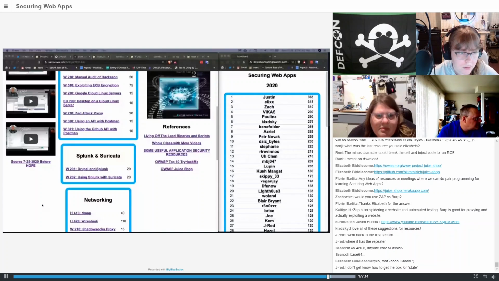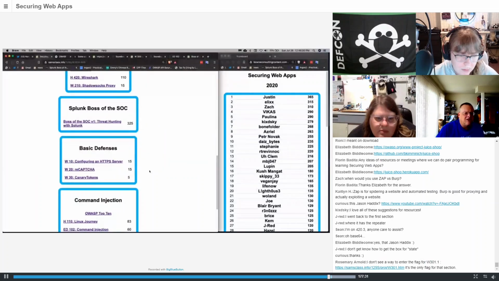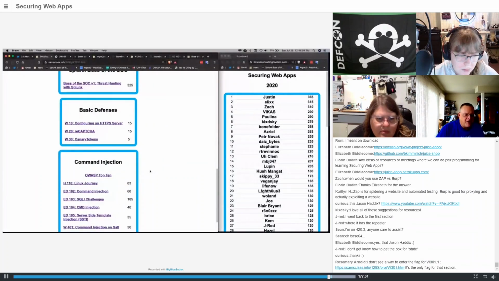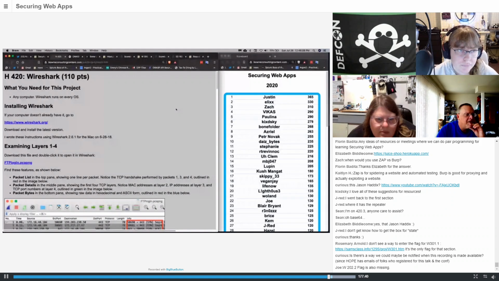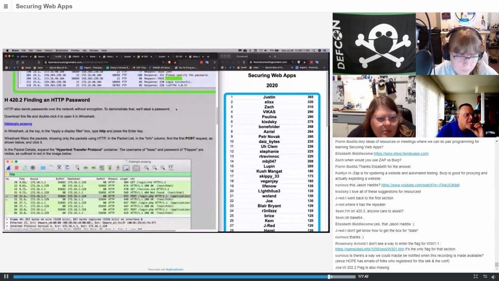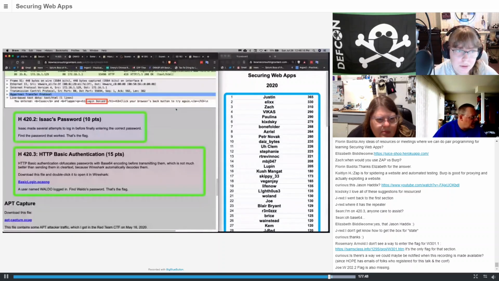420.3. I don't know how to get the box for state. Well, let's see if I can figure this one out. I'm failing step one of figuring out what. Here's 420. Oh, Wireshark. Okay, good. Now I figured out what's going on. 420.3 is basic authentication. When you're trying to find the password, that's pretty easy. The only trick is it's not just right there in the info column. So if you open this one in Wireshark,